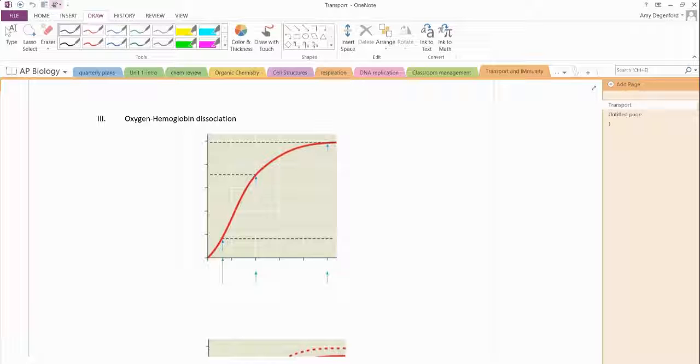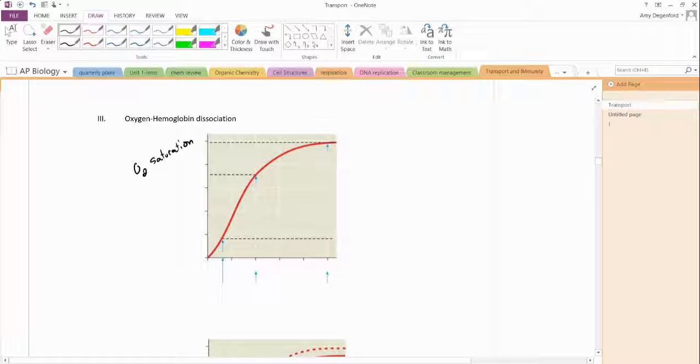Now, this graph at first can be really, really frustrating to look at, and it's not as bad as you think. What we see is the y-axis and x-axis. What's most frustrating is understanding what the y-axis and x-axis are referring to. The y-axis is typically called the oxygen saturation,